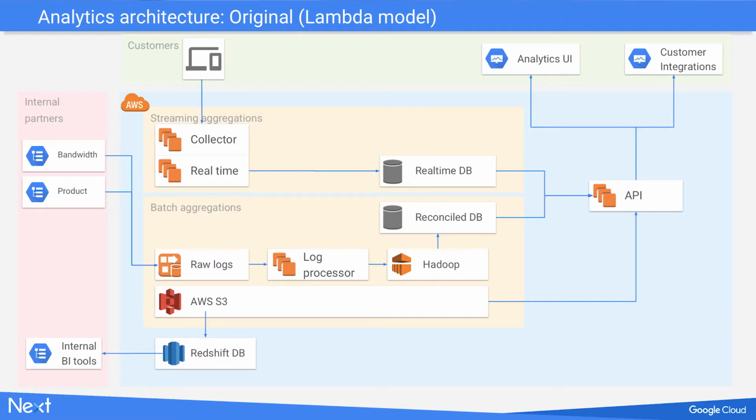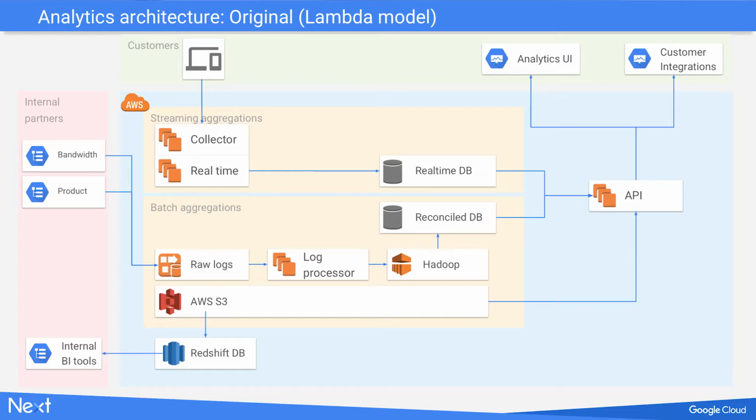And then at the same time, we log all these events to regular old-fashioned files, which are essentially JSON logs, which we ship off to S3 and store there. A Hadoop process comes in and every day churns through all the logs and produces a reconciled view of the data, which is what we are sure has happened throughout the day.